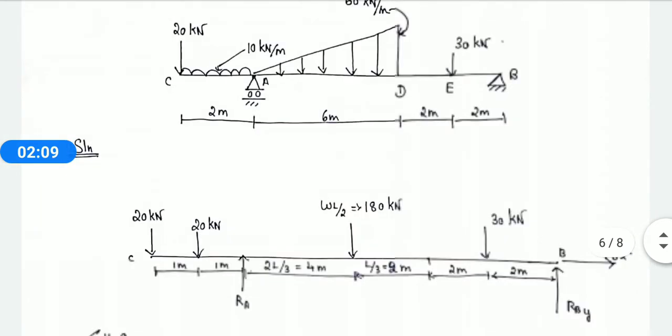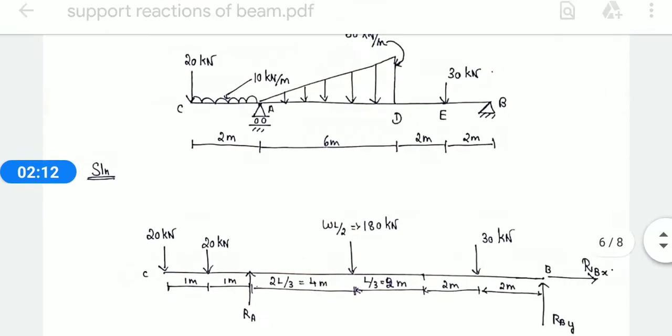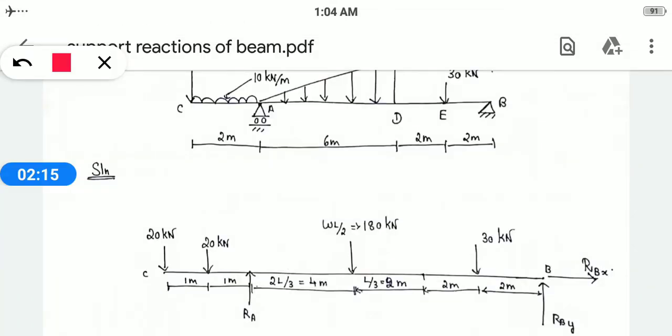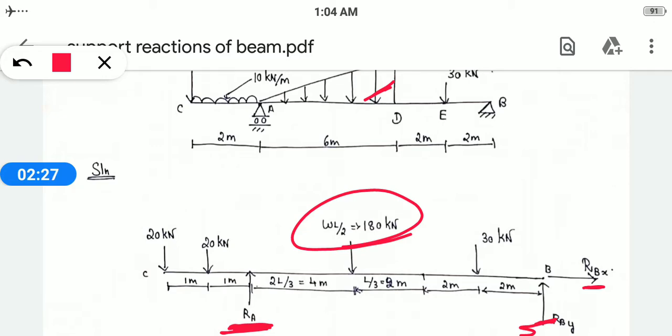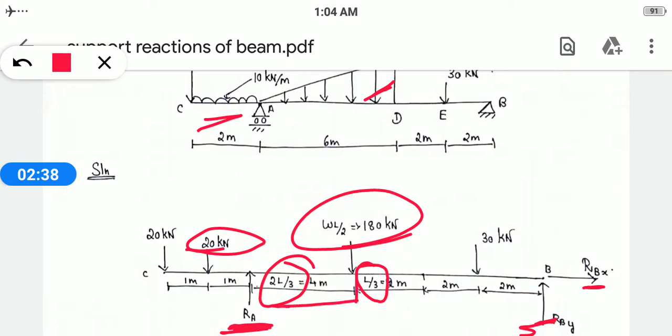That is what I had mentioned over here. From the above diagram you can clearly see this. There is one vertical reaction, since it is a roller support. Same as here, we'll have two reactions. This 180 is a conversion of your VDL, that is the varying load, and this 20 kilonewton is a conversion of your UDL. At which distance will your varying load act? 2L divided by 3 and L by 3. That is the distance we had calculated and marked over here. Same as the UDL, which is going to act at an equal distance from both sides. So 2 is divided by 2 on both sides, that is 1 meter on either side.